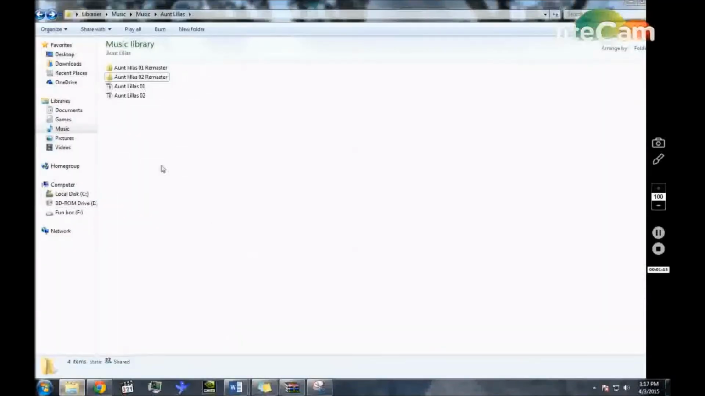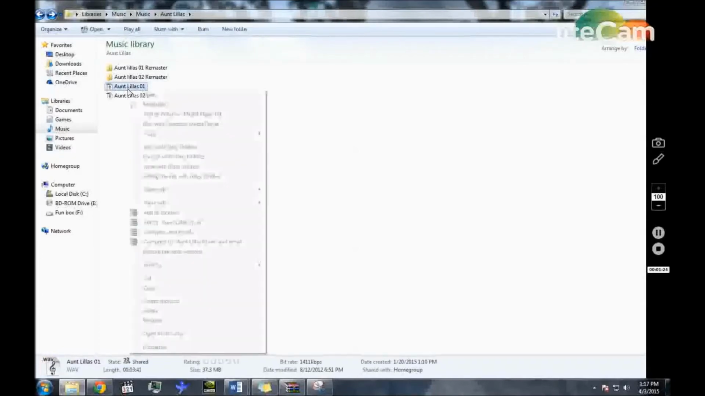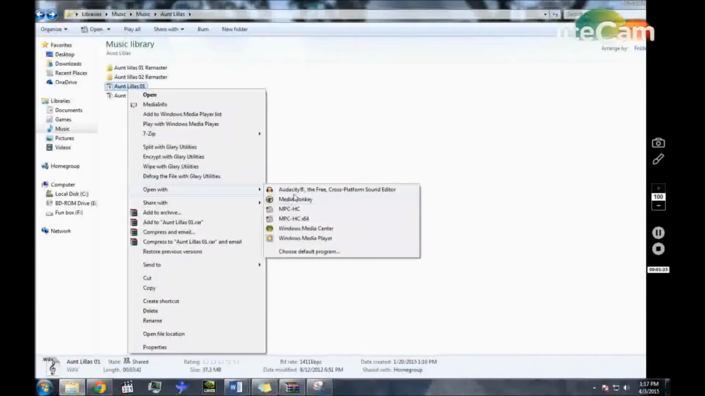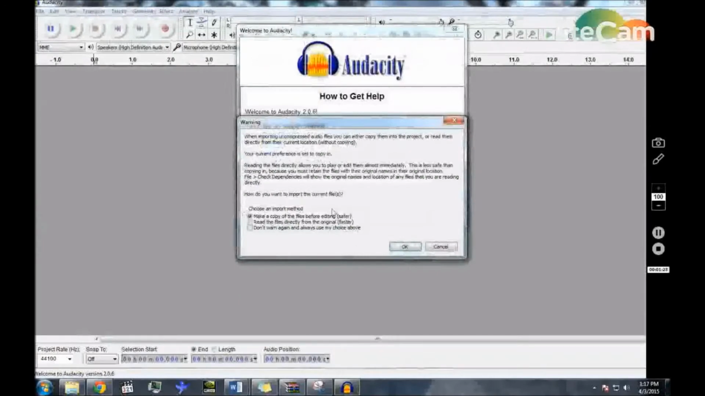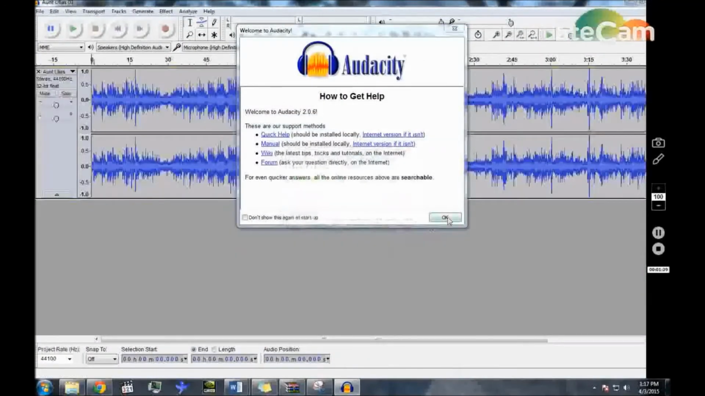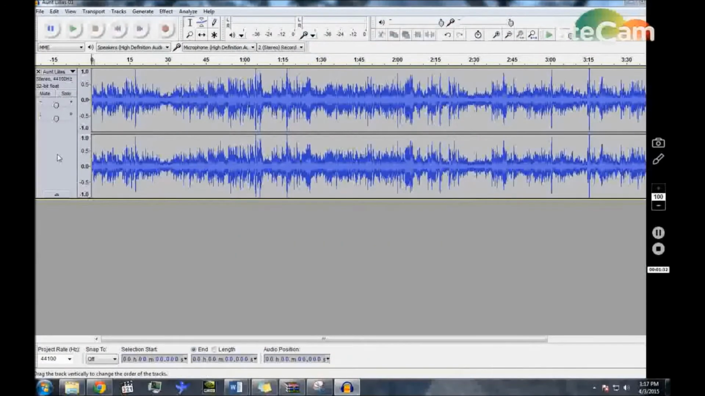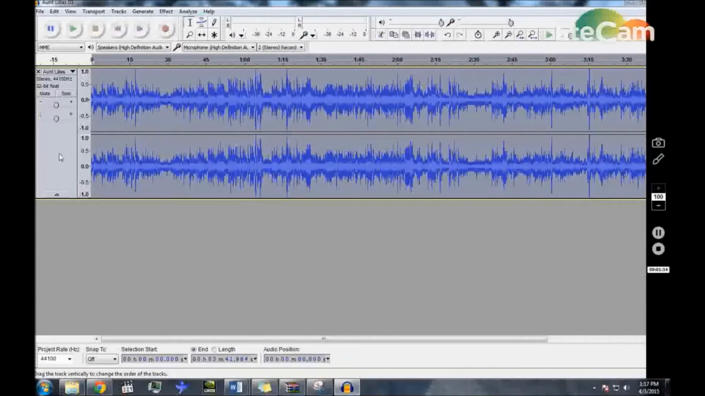You can take your files. These are my two original files. I made a remastery file for each one. What you're going to do is open that inside of Audacity. Click on the entire thing. With a lot of clicking,